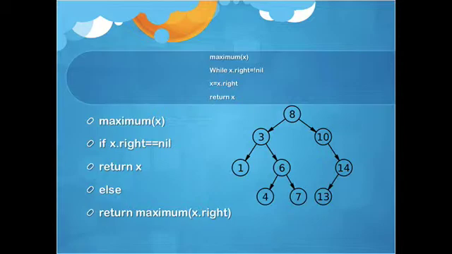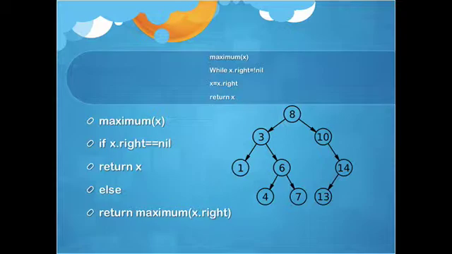This algorithm will stop when my x.right is equal to null. That's the ground that I will write in my recursive program to finish. That is, if x.right is equal to null, it will return x and it will finish. And my recursive function that will be repeated is return maximum(x.right). That x is my root, that is my first value. It does not have a parent